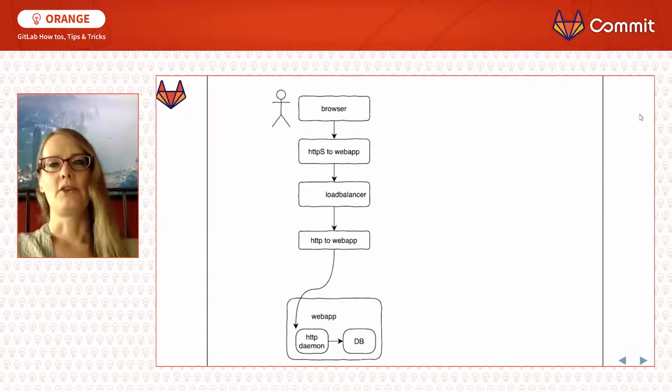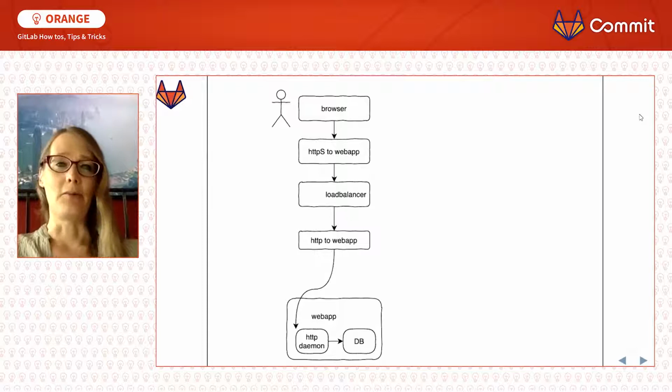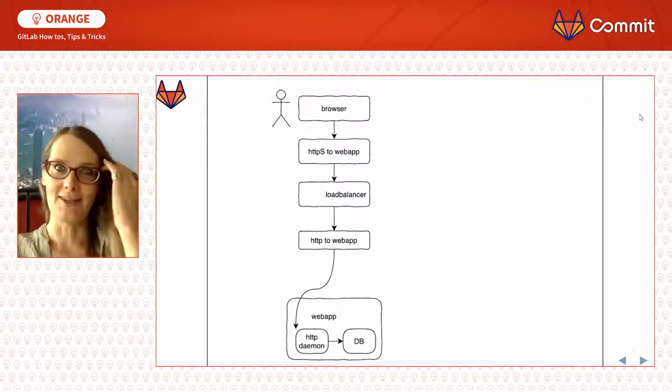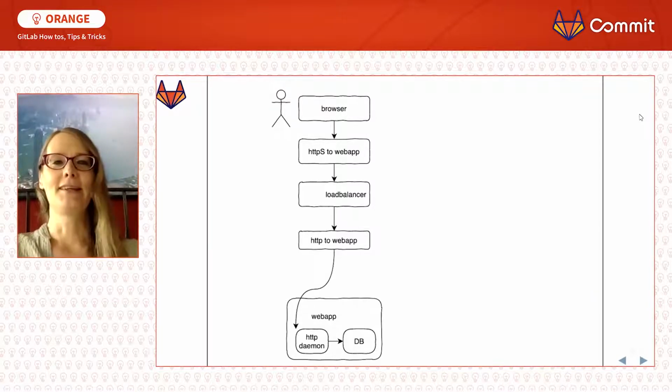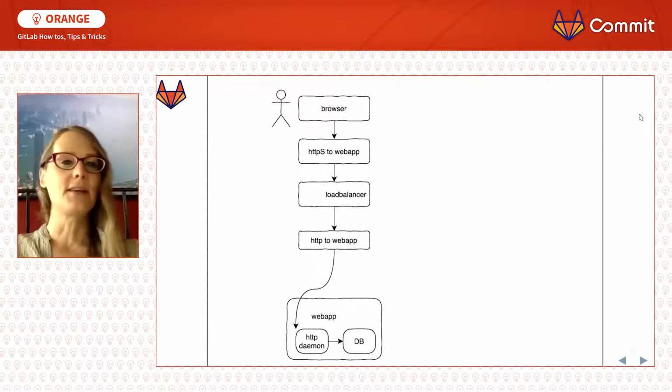So what does your stack look like now? Well, probably it looks like most people's web apps, right? You've got a browser that's probably going to talk HTTPS. It should be talking HTTPS, people. It's 2020. To your web apps, it's probably going through some sort of load balancer, and ultimately it's going to